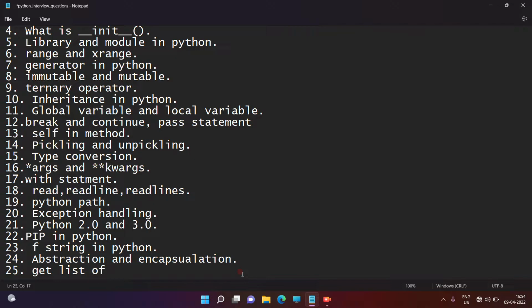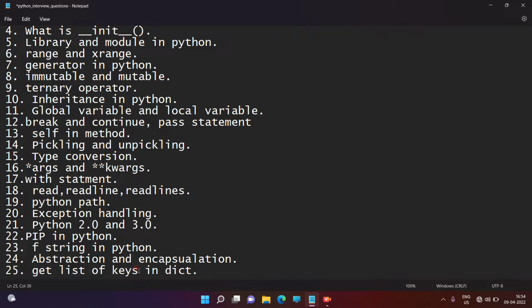So, get list of keys in a dictionary. What is a dictionary? First of all, I will give the definition of dictionary. A dictionary is a Python data structure which is used to store different types of data items as key and value pairs, right guys?